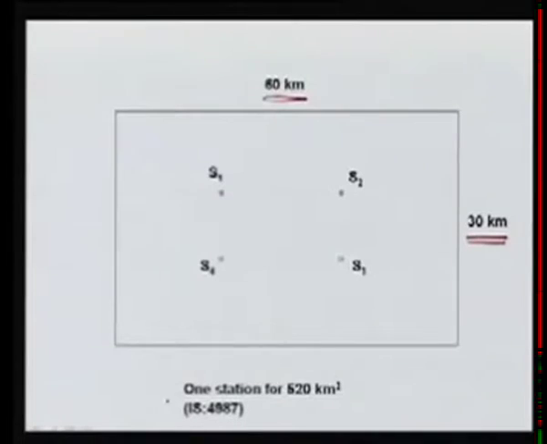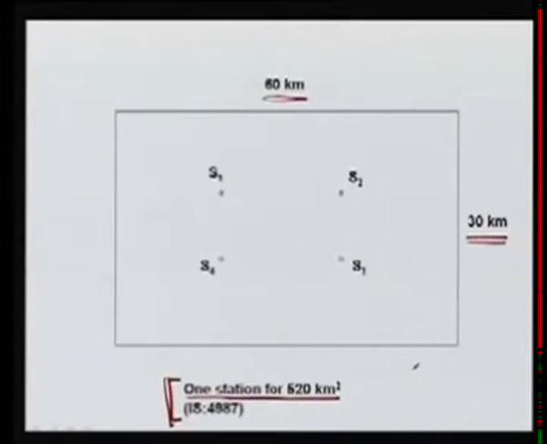Now, as per IS code IS 4987, for plain area, one station for 520 square kilometers is the recommended requirement, and our area is 60 by 30, which is 1800 square kilometers. So we say that we would need roughly 4 stations,